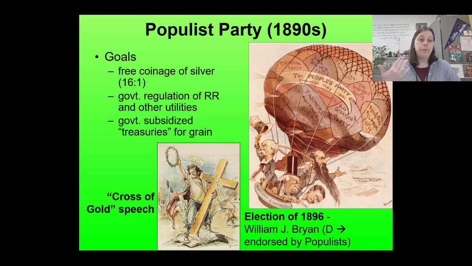And it is also the first of a series of parties and a series of political reforms that are going to be pushing the American government to do more with its power. The height of the Populist Party's power comes in 1896. They decide not to run their own candidate. Instead, they decide to endorse William Jennings Bryan, who was the young Democratic reformer candidate at the time